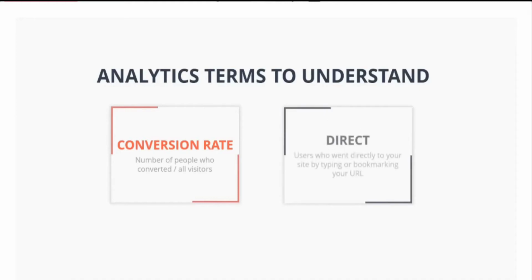And then finally, there is direct, which we also mentioned in the first lesson, and this is users who went directly to your site by typing or bookmarking your URL. Again, direct is generally a result of other marketing, but it is important to monitor when you're looking at things like branding,